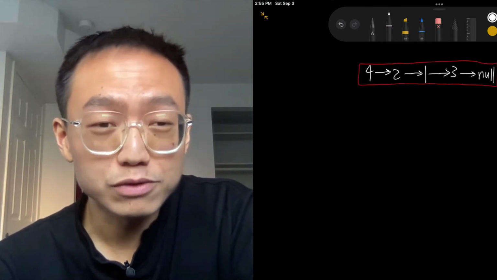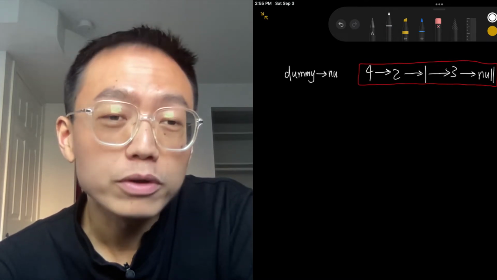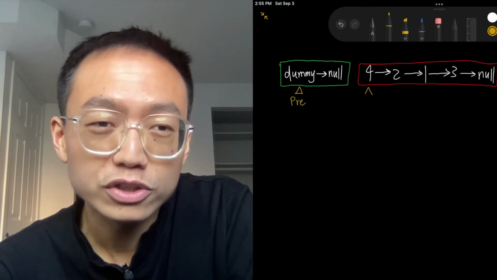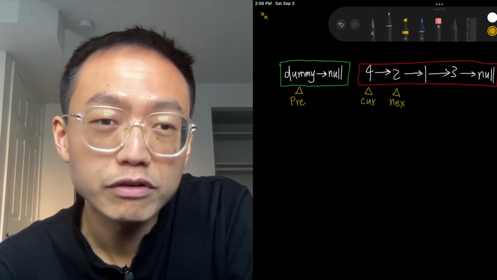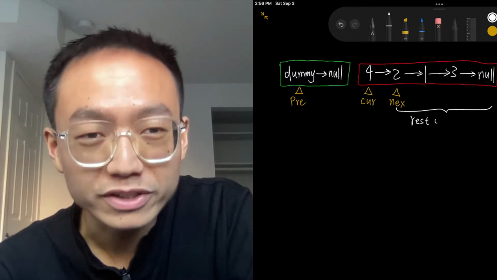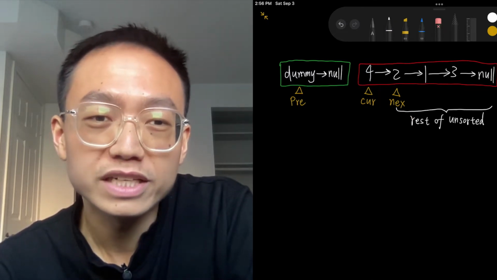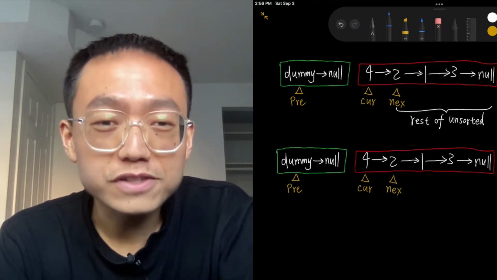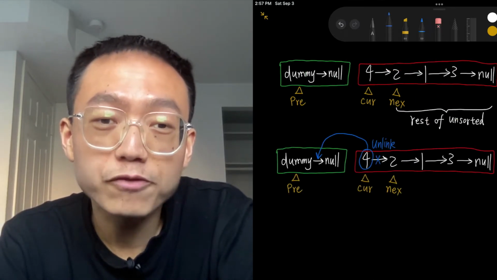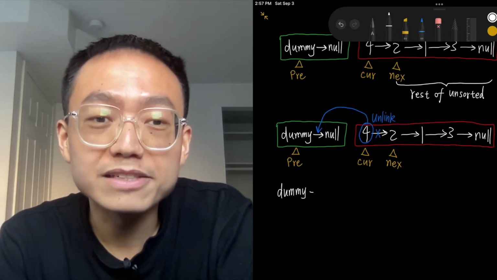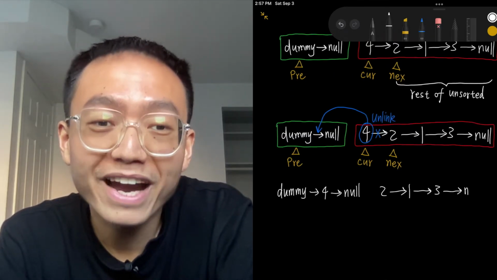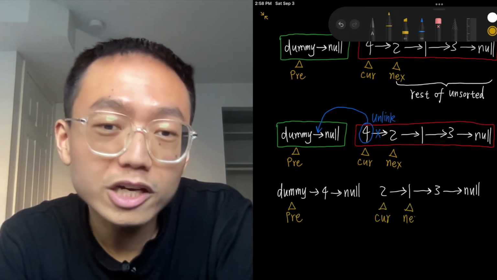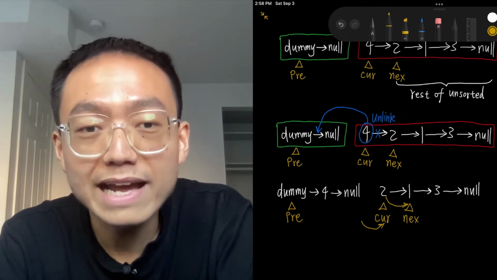and we have 3 pointers. The previous pointer indicates where we insert the new element, which is after the previous pointer, and we also have the current pointer and the next pointer, which indicate the rest of the unsorted part. So let's start to iterate. First, the current pointer is pointing at 4, we just unlink 4 and move 4 right behind the dummy node, and then we just move forward the current pointer to 2 and the next pointer to